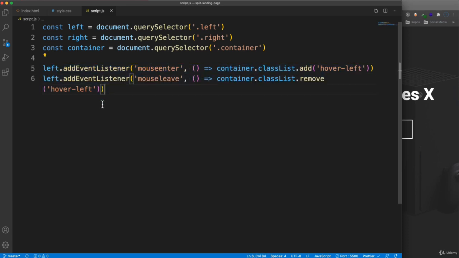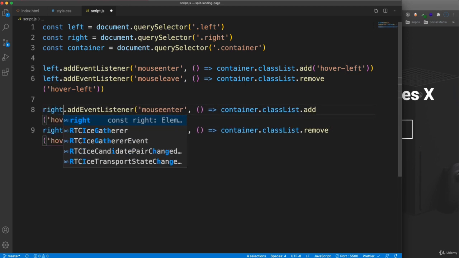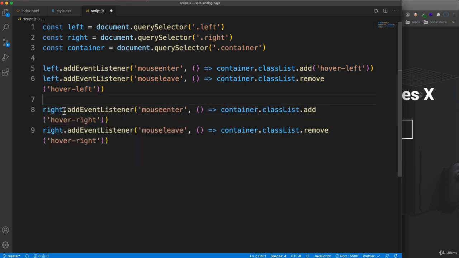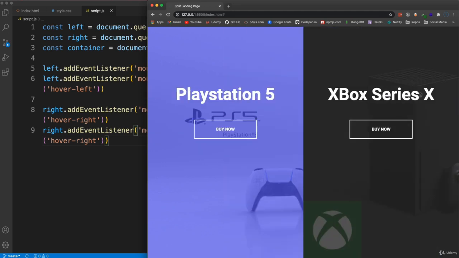And we want to do the same for the right, so I'm just going to copy that and take this, this, and this, and change it all to right. Okay, so when we mouseenter the right, it's going to add hover-right. When we leave, it's going to remove hover-right. So now I can go on either side. Now it's just flicking back and forth, which I don't like,